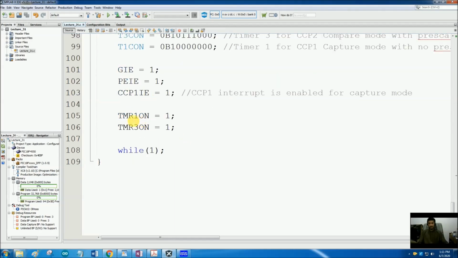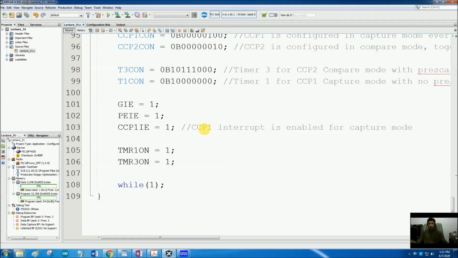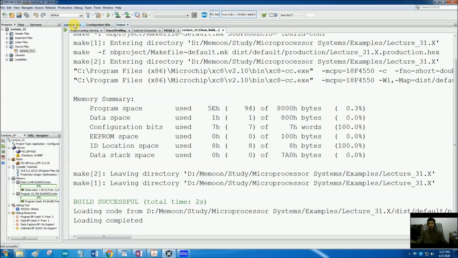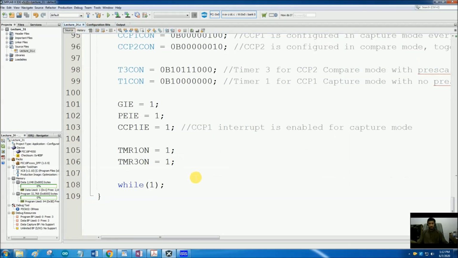And the second mistake was I did not turn on the timers. I set TMR1ON equal to 0 and TMR3ON equal to 0 to turn them on, but we have to set it to 1 to turn it on. So both of these timers will be on when we set these two pins to 1, not to 0. So correct this also. I have added captions on that portion also for these corrections. So now let's try to compile it and see if there are any errors. The build is successful. So now what we have to do is we have to simulate this code in Proteus.